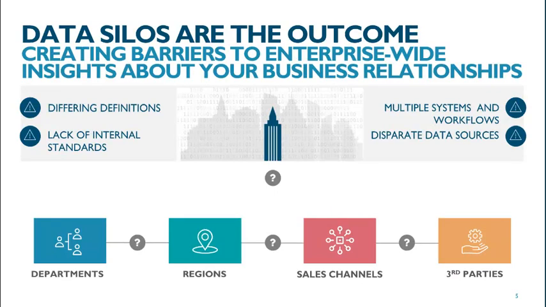The resulting outcome of data chaos has been that multiple departments, regions, and channels have needed to create and manage their own data to keep their end of the business running. This results in multiple instances of CRMs, marketing systems, etc., and in workflows with differing definitions and a lack of cross-functional standards. When everyone does their own thing, you lose sight of the bigger picture, delivering a great user experience